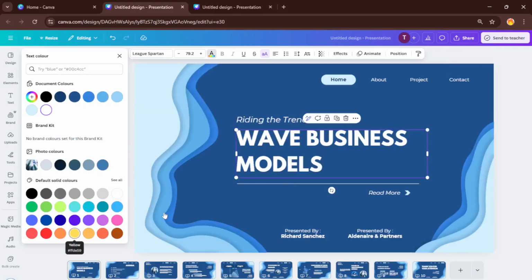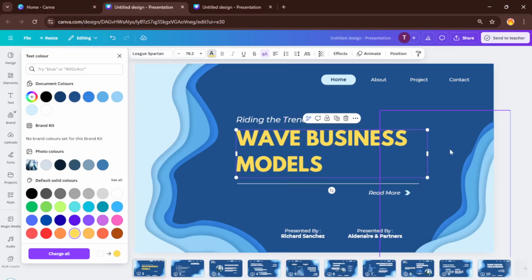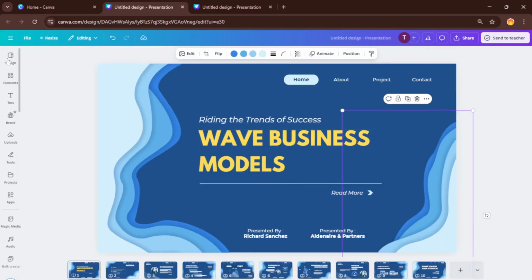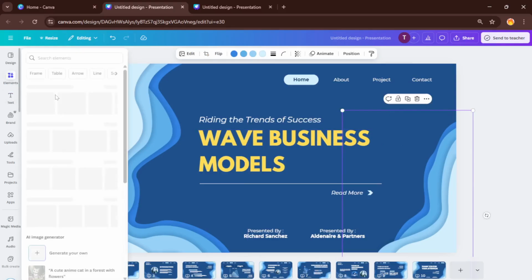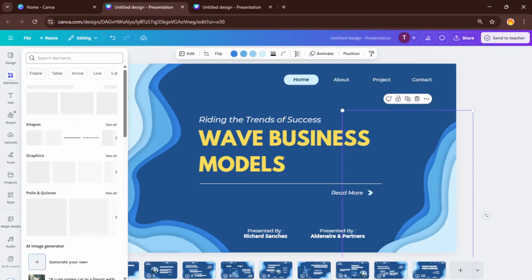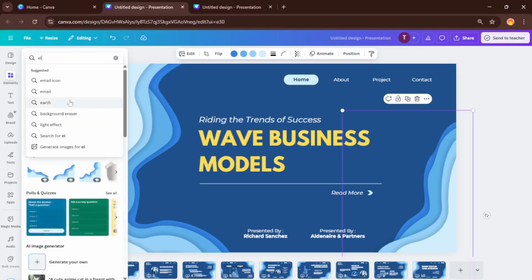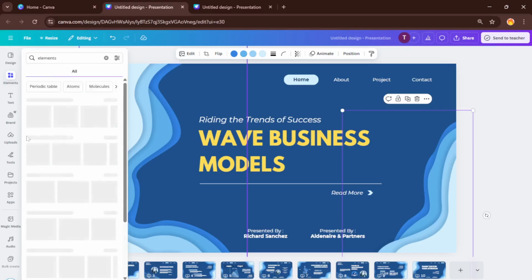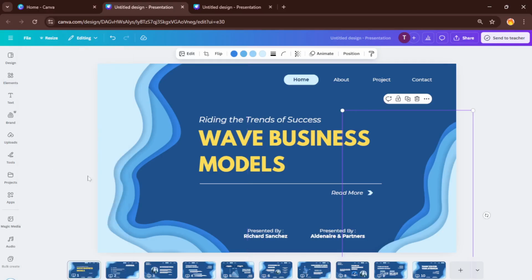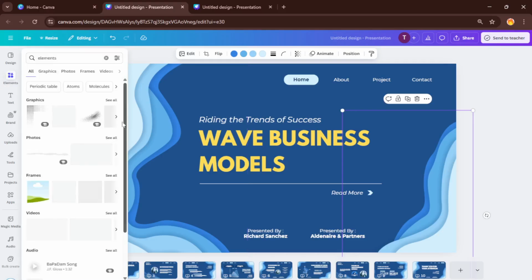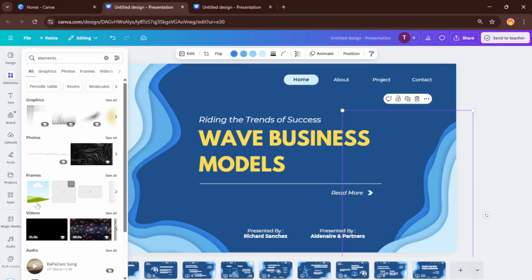With your wave template open, let's take it up a notch by adding some wave elements. Look over at the left-hand menu and click on Elements. Then in the search bar, try typing wave or liquid. You'll see all sorts of graphic shapes and animations appear. Drag a few onto your slide, maybe one big liquid wave at the bottom or a couple of floating blobs overlapping each other for some extra depth. Position them however you like. The key here is to build some movement and energy into the frame, so don't be afraid to layer or